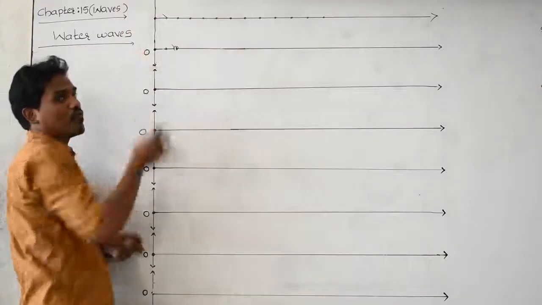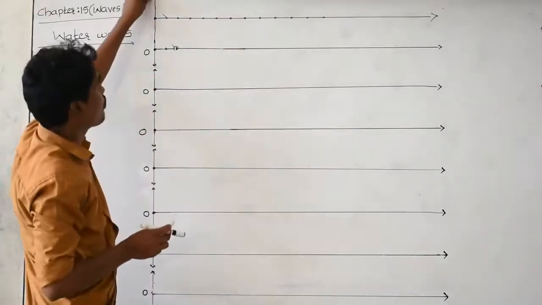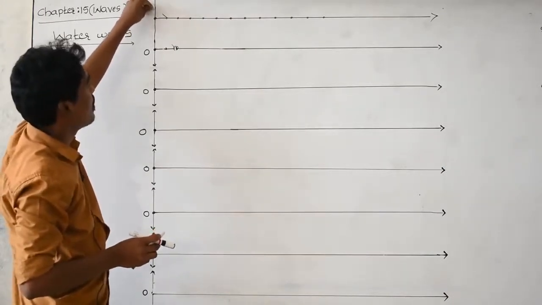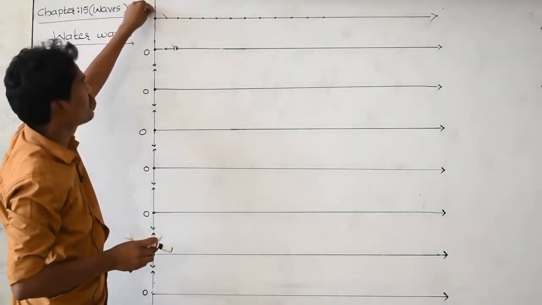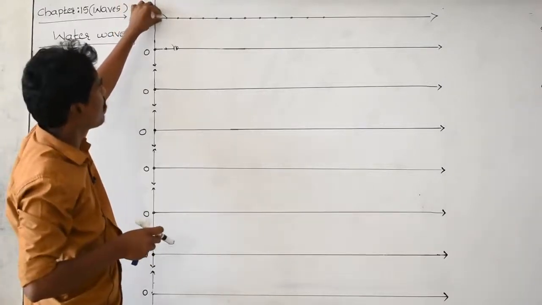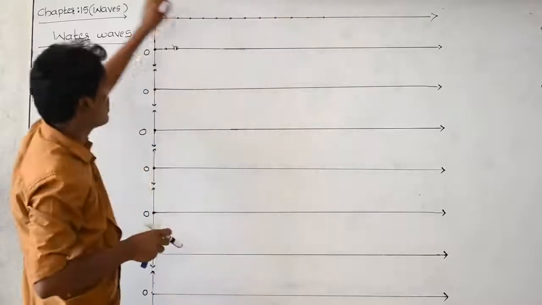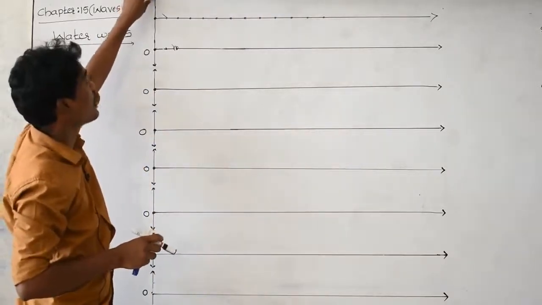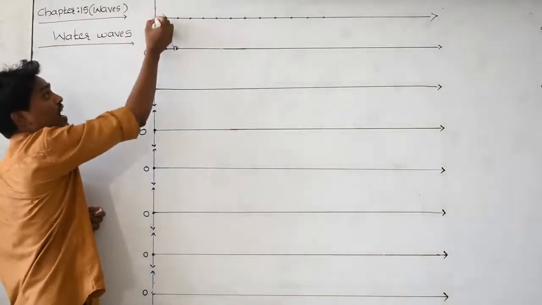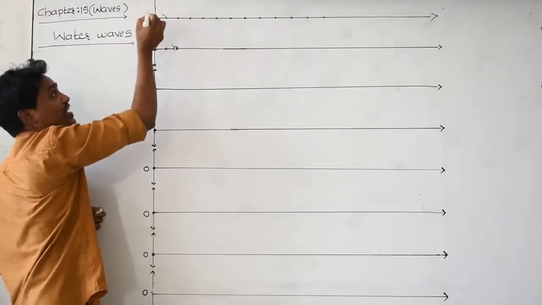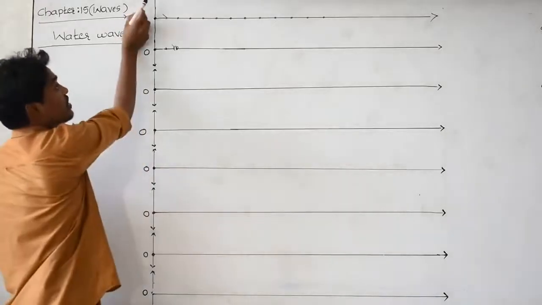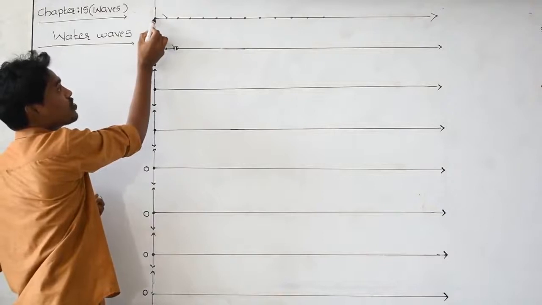Once I release it from my finger, the stone moves towards the water surface in the downward direction, and whenever the stone is moving downward, the energy it possesses is kinetic energy. You think yourself, all the water particles are at rest. The moment this stone hits this water particle, what happens? All the kinetic energy of this stone gets transferred to this first water particle.